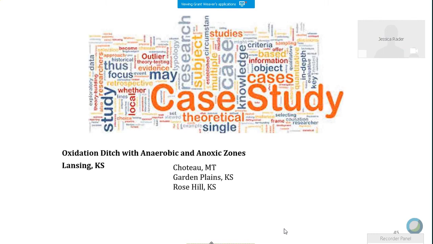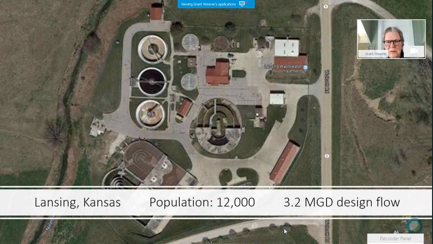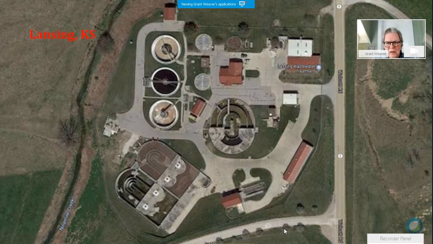Okay, let's get a case study. This one's out of Kansas. I'm going to get rid of this banner across here, and that big thing in the middle is abandoned. So forget about that. We're talking about these two ditches down in the bottom left corner. One of them you can see is in service and one is not. The wastewater flows into this first area, and you can see it looks like a huge concrete walkway. Underneath that